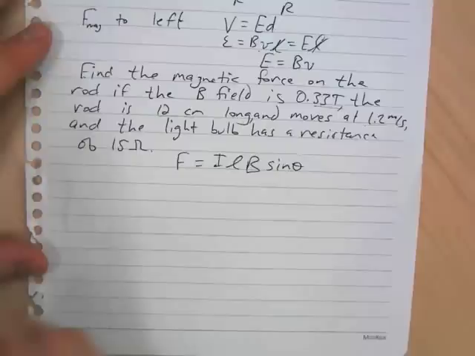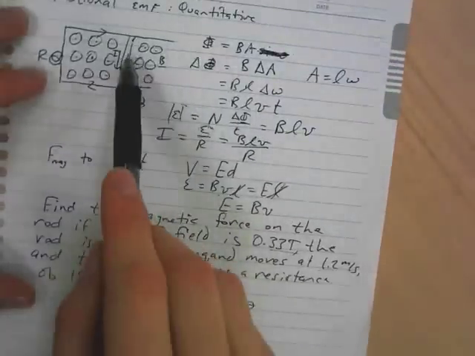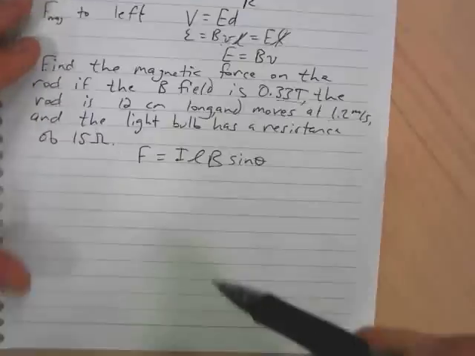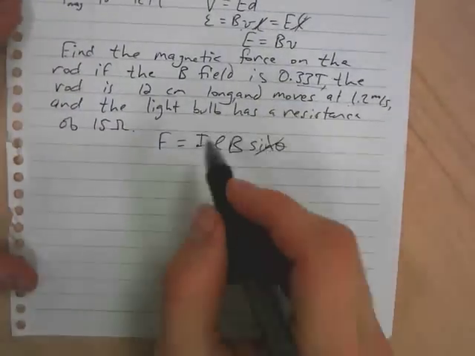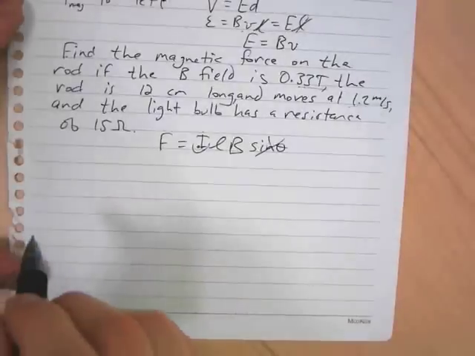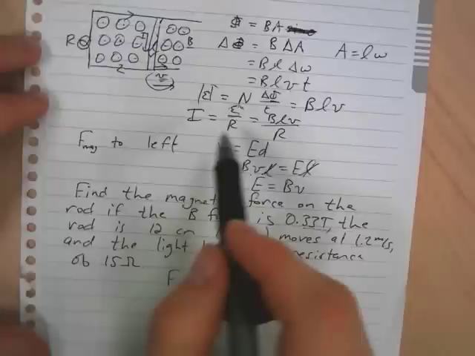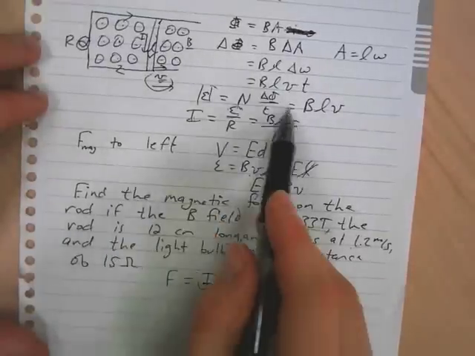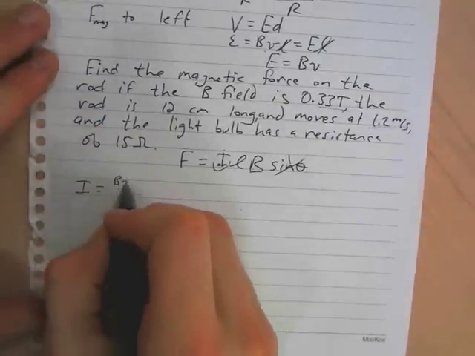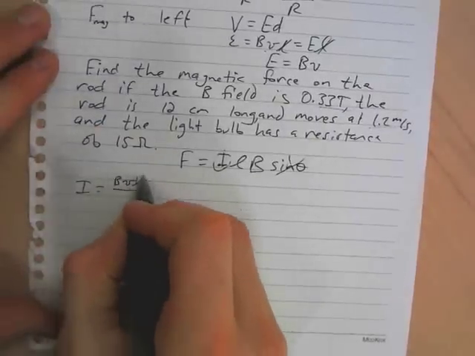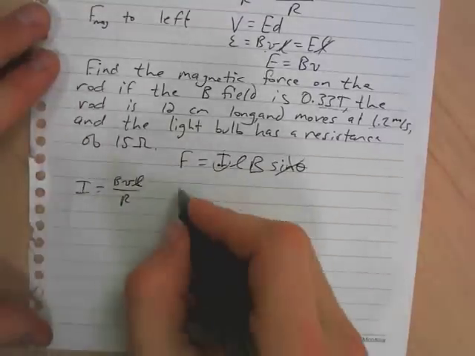But in this case, the current is perpendicular to our B field. The current's going this way, the B field's out of the page, and so the sine theta is going to become sine 90. But we don't know the current yet, but we do know from up here that our current is equal to BVL over R. So our current, that should be a script L, it's BVL over R,